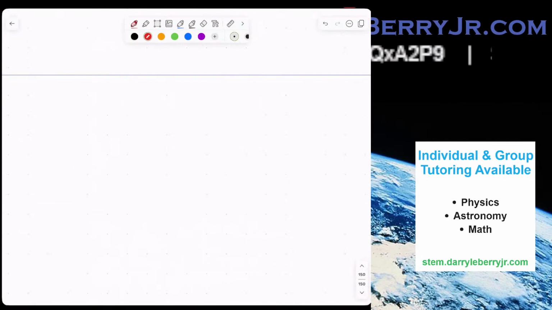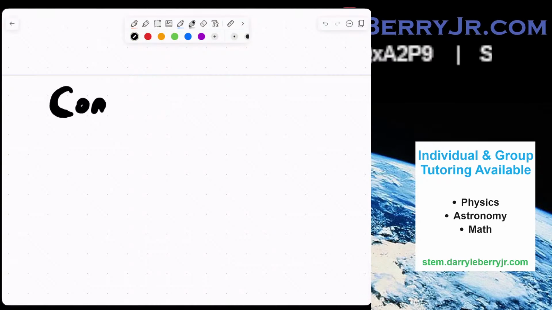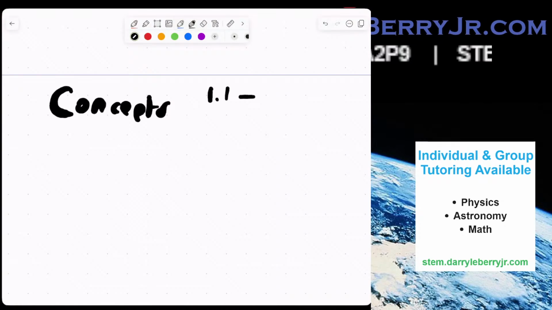So now we'll say concepts 1.1 through 1.4, right? So vectors